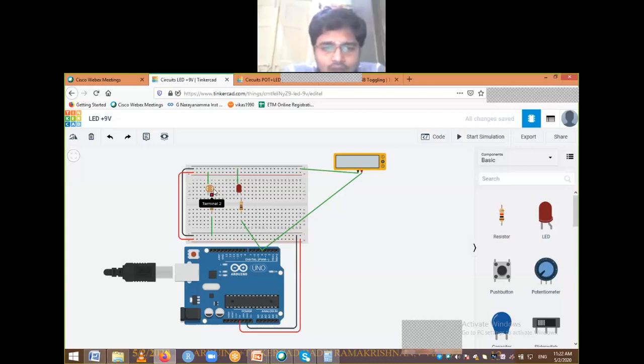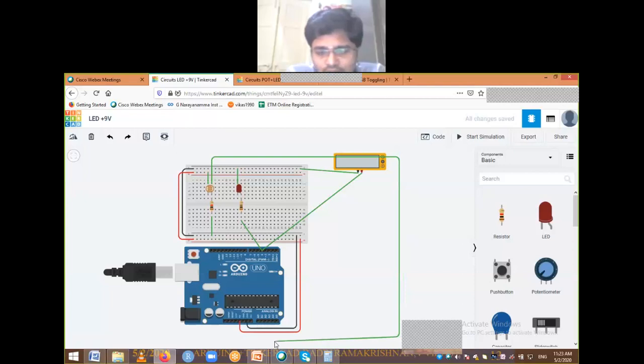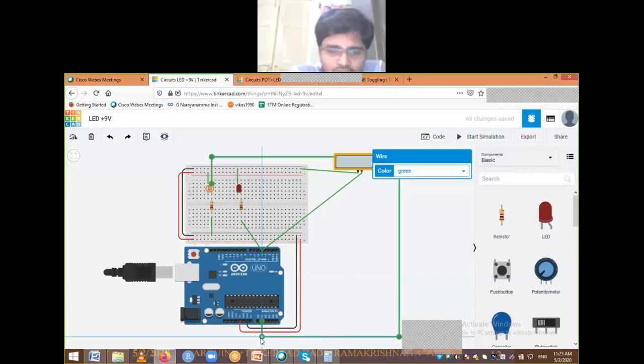And the output: this complete line is interconnected, so I am taking that junction. This time we'll do a slight modification. Rather than going with A0 every time, we'll go with A1. You can also go with A0, it's not an issue, but I want to show it with A1 also. That's the reason I'm going with A1.